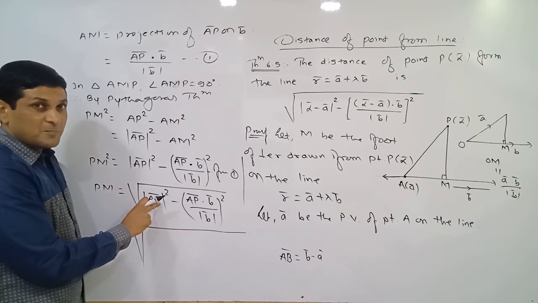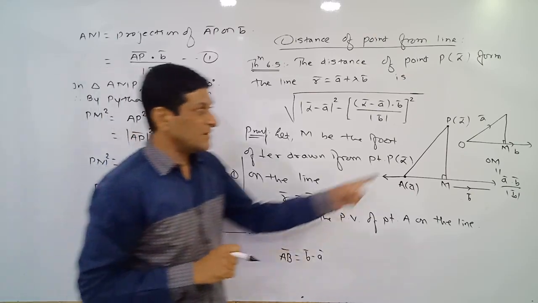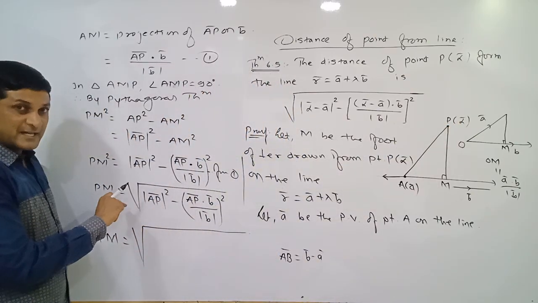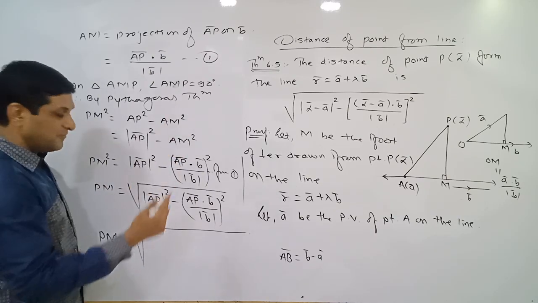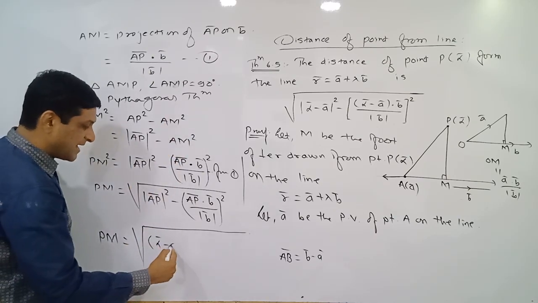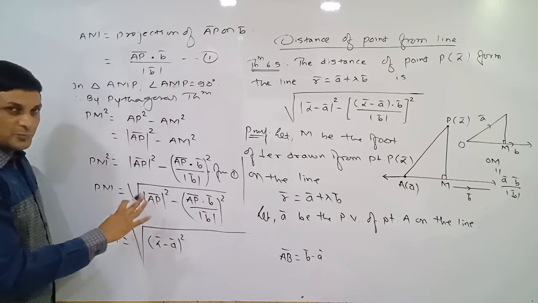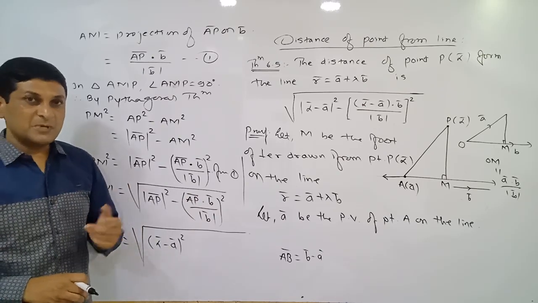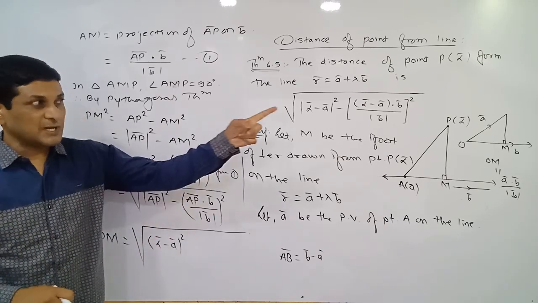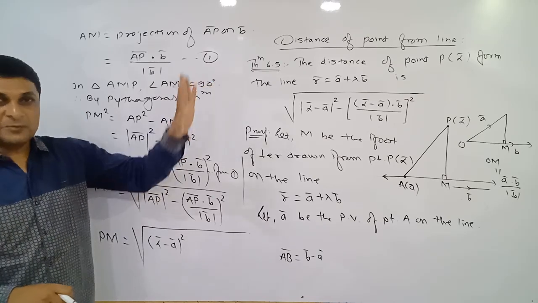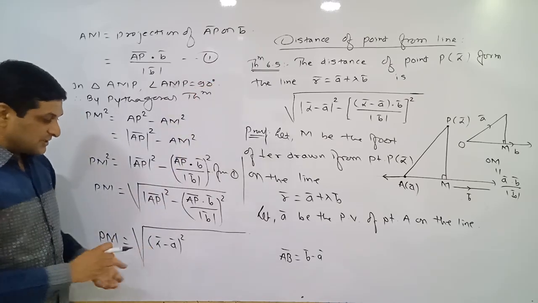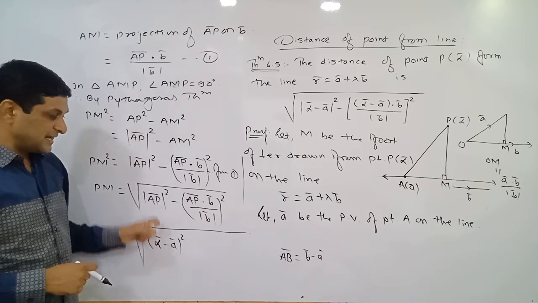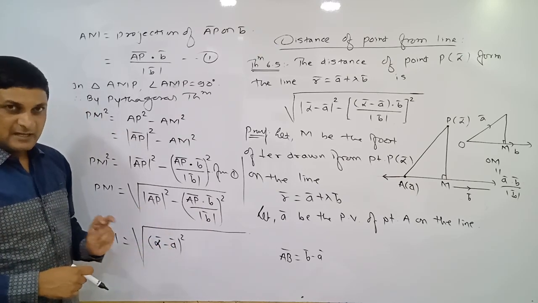But the position vector of P, instead of P bar, is denoted by alpha bar. So AP bar is equal to P bar minus A bar. But what is the value of P bar here? Alpha bar. So we will get alpha bar minus A bar. Hope you have got it. In the statement the position vector of point P is denoted by alpha bar, so we are not able to interchange the notation. That's why AP bar can be written as alpha bar minus A bar.